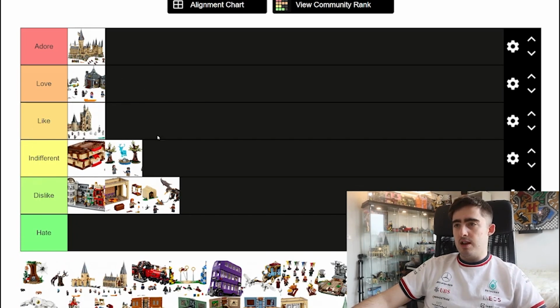The Clock Tower, I like this set. It's not perfect. I think this set suffers from it being too themed on a particular scene, because this is based on the Yule Ball scene, where if you take a look at the other Hogwarts expansions from this era of 2018 to 2020, the first lot of Hogwarts expansions which go together, like the Great Hall isn't based on any particular